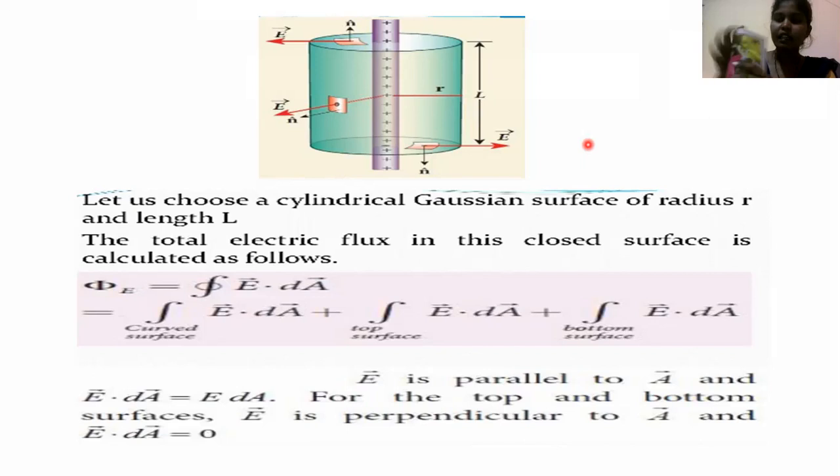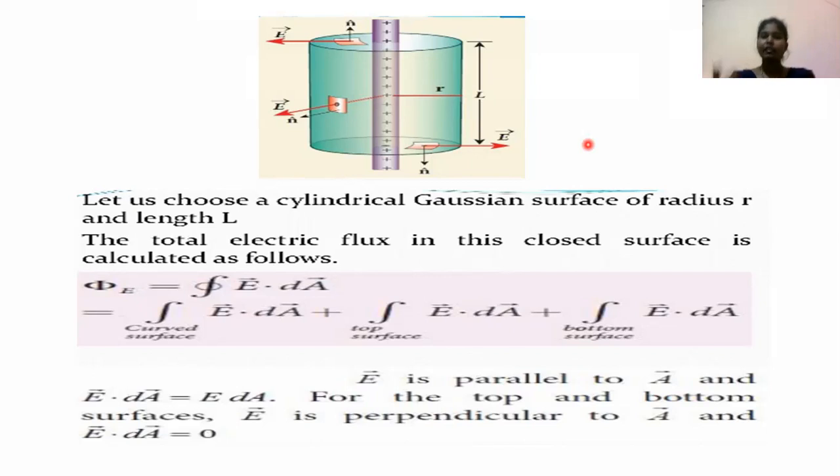But for a cylinder, everything is closed. So this is the surface, and the surface normal would point upward. Whenever you take the surface normal, it should be perpendicular to the surface you are considering. So the surface normal points upward on the top, and on the bottom it points downward. You see this end cap, that is the surface normal, pointing downward for the bottom part and upward for the top part.